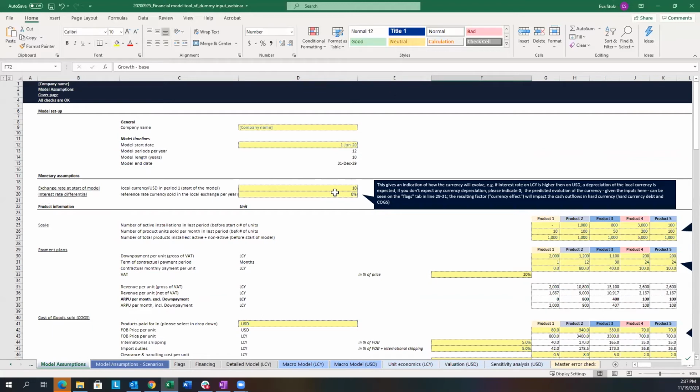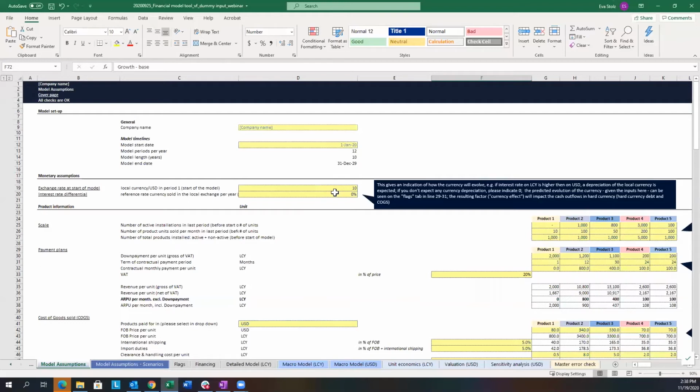Basically, if the interest rate on local currency is higher than on US dollar, then you would expect a depreciation of the local currency. And if you don't expect any currency depreciation, then you should indicate 0 here. Why did we include this? The main reason is that a lot of the PAYGO solar companies take on foreign currency debt, but their receivables are actually in local currency. Hence, if the local currency depreciates, in local terms they have to pay back a higher amount than